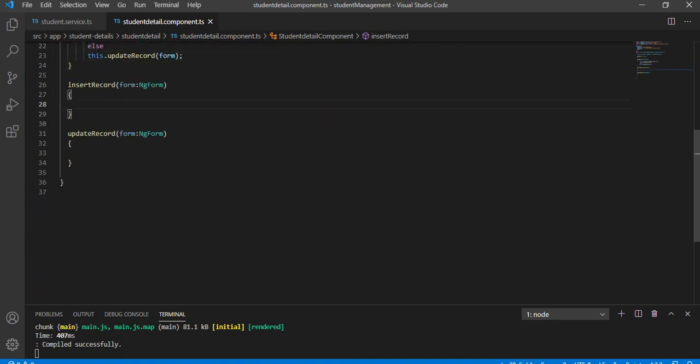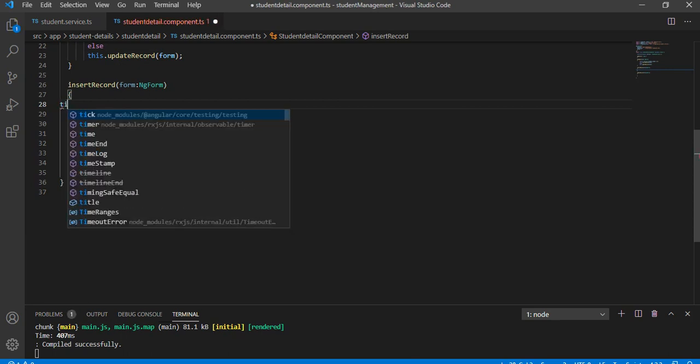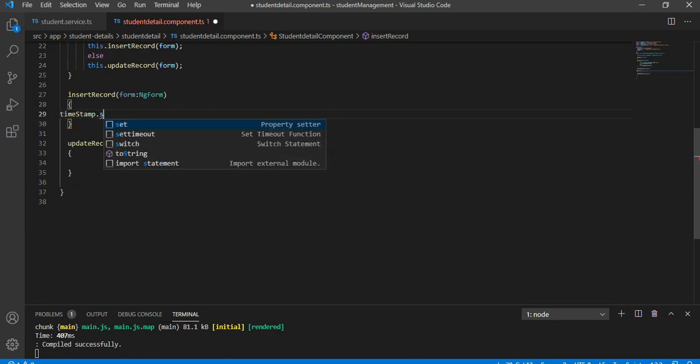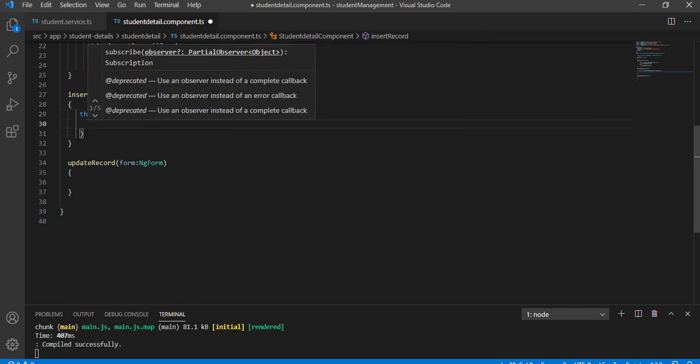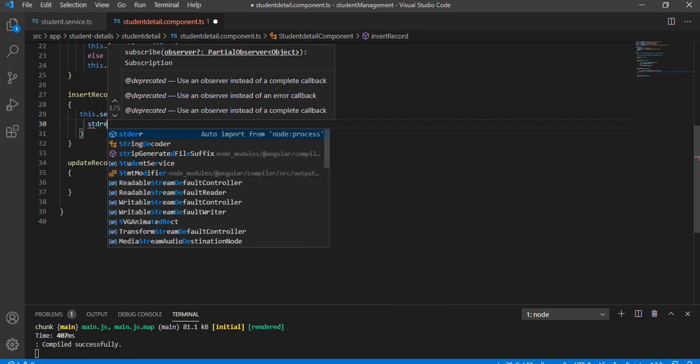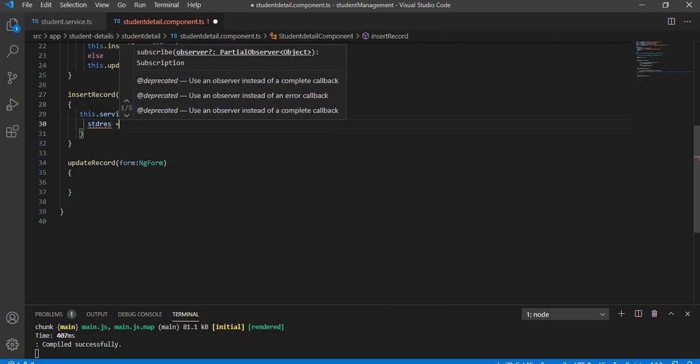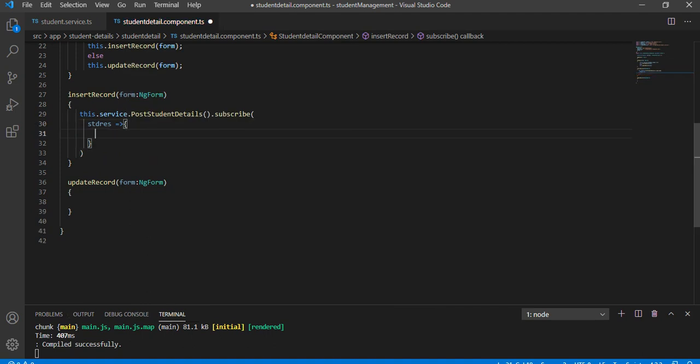In insertRecord, first of all we will call that service method. For that, this.service.postStudentDetails, and inside this, using the subscribe method, which we have seen in the previous videos as well. And here studentRegister, and inside, using the lambda expression, we are going to check first of all